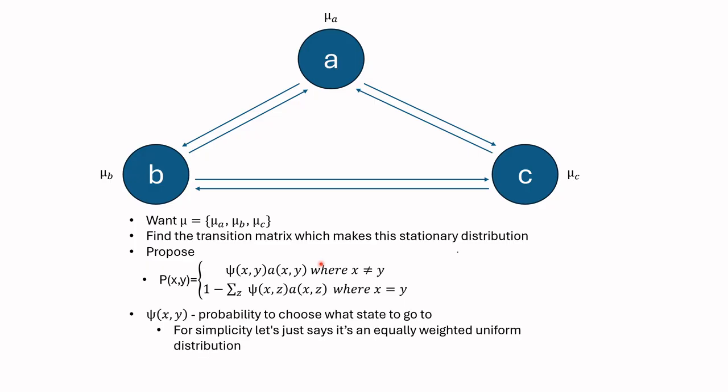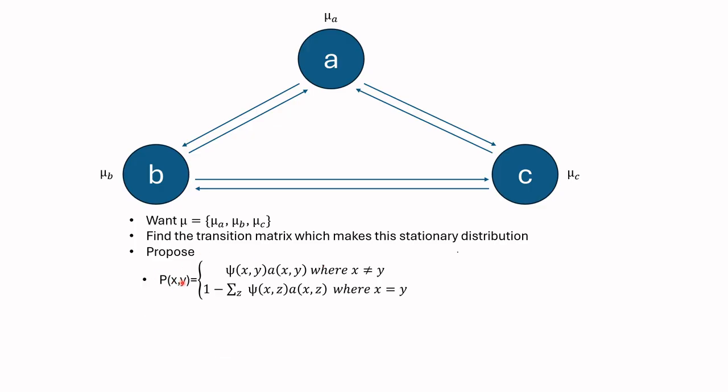these elements mean. So here, x and y, and by the way, this notation does represent a transition matrix, except it's in even more compact form that you just put in one equation, where x and y can take the values of a, b, or c. So for example, if x was a and y was b, you would read this up here as psi of a and y, a of a and y, and whatever these numbers were, that would be the probability of going from A to B, basically,